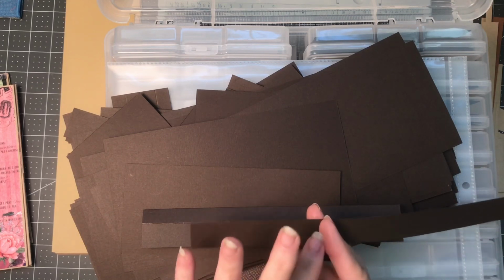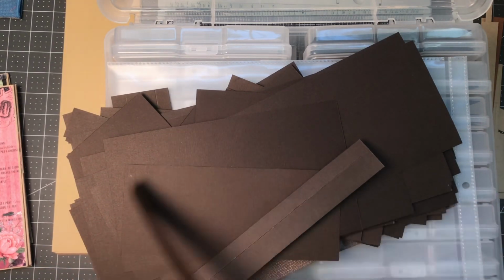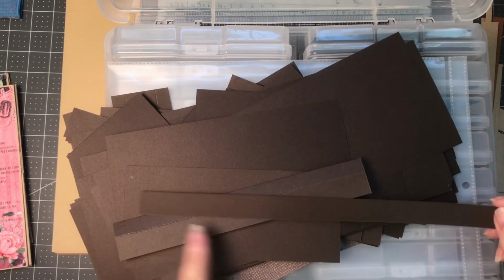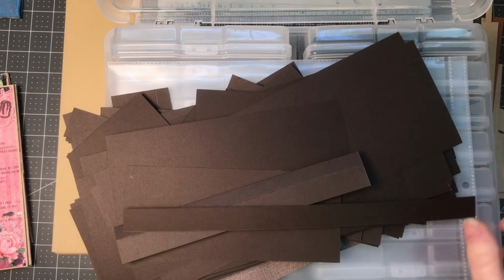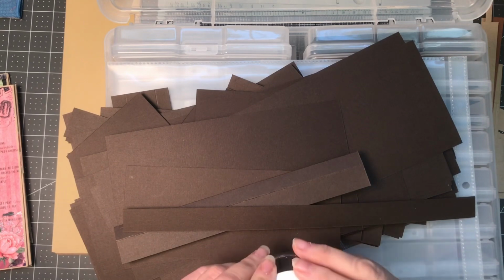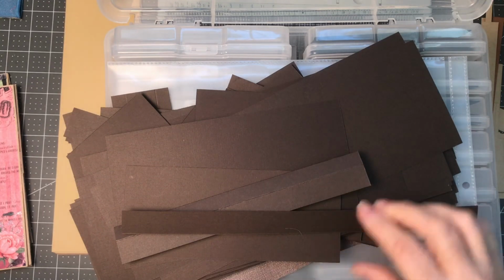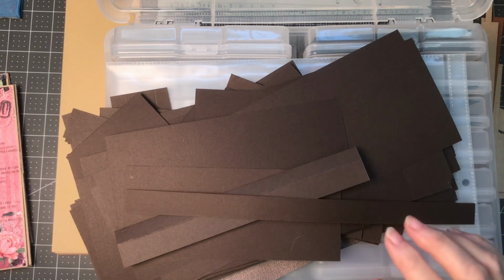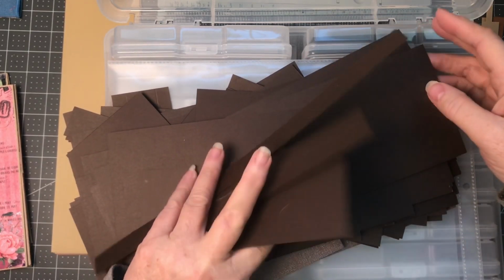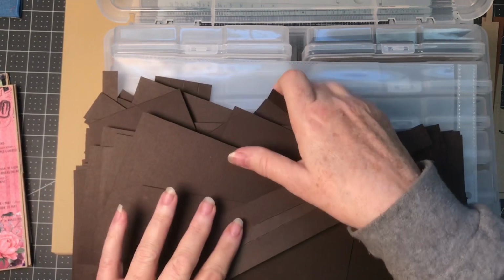oh my gosh, I'm trying to think of the, the heated, oh, I'm looking right at it. I can't even think of the name of it. So like heat the sentiment up with the, yes, like this, the embossing stuff, not with the black, but with a white or a gold or something on there. And then I can use this for cards, and I could have them already done, finished, and I could pull a card together quite quickly. But for right now,